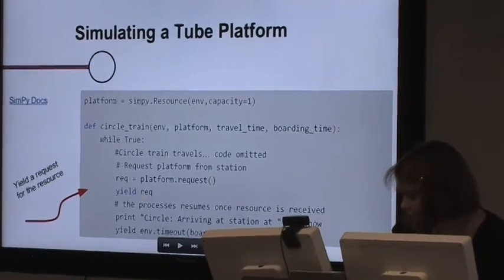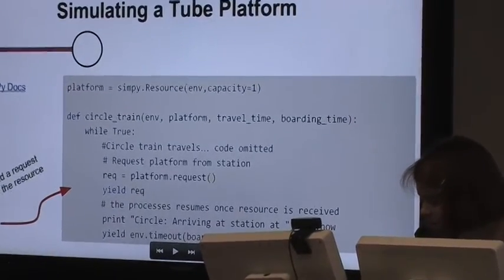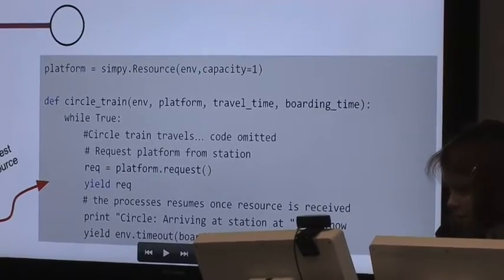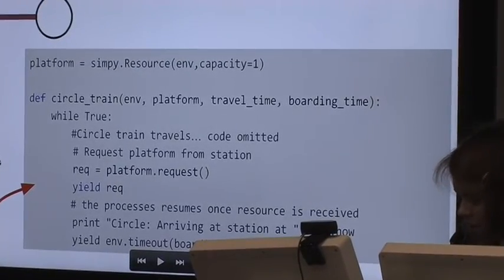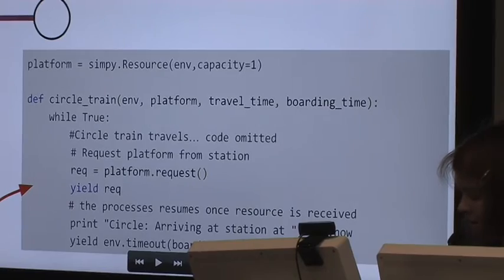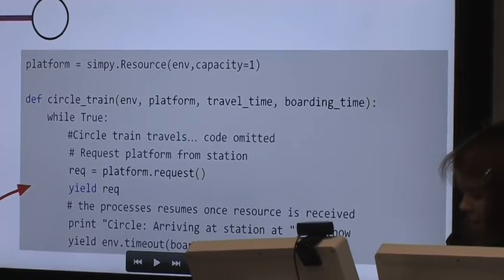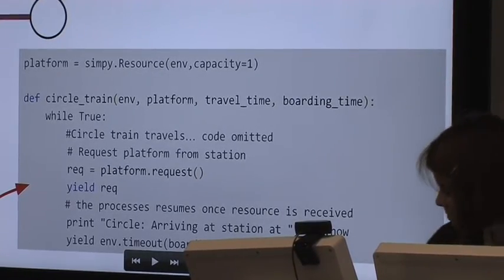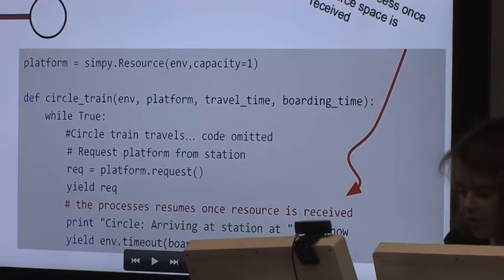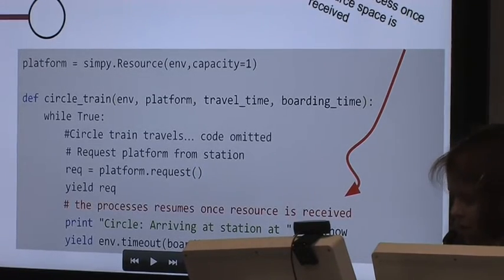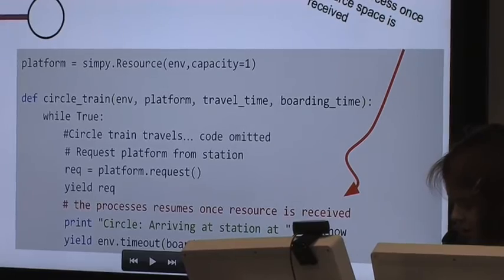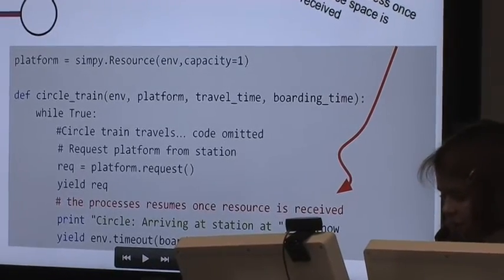So at this point, the train is requesting the platform for a space to approach, and we yield that request, which basically goes off into the environment and says, hey environment, this train is approaching the platform, so can it approach or does it have to wait? And after the train receives permission to approach, the environment will resume the circle train process and the train will start boarding commuters.